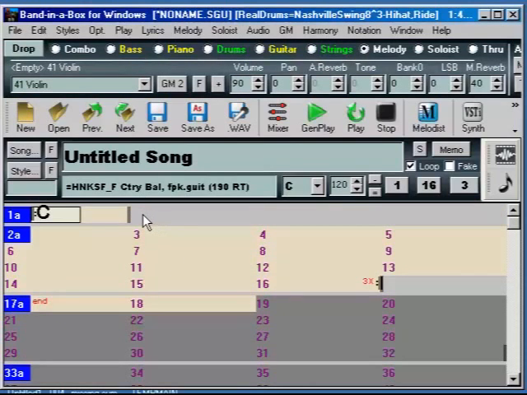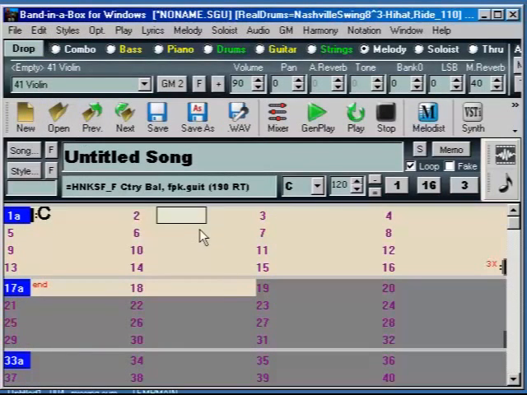C. Oh, let me double click that. Oh, there's a way to fix this. Let me see if I can undo this. Okay, there's a better way to do it. So C, F on the keyboard, enter, G, G,